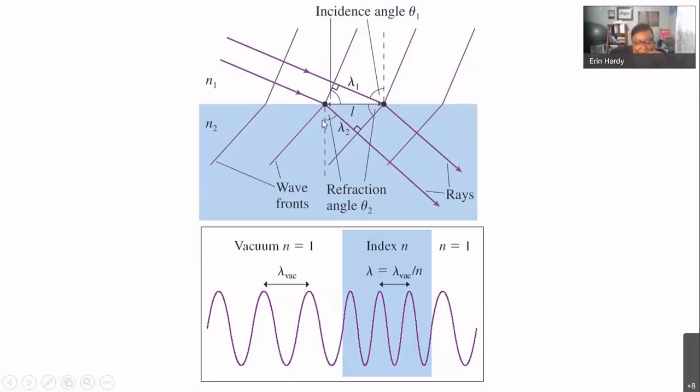The only way that you can make sense of how the speed is changing but the frequency is not, is to evaluate the wavelengths both before and after. So if we're assuming that both of these light rays are coming from the same source, this lambda 1 is going to be the same for the upper light ray and the lower one, but lambda 2 is going to be the affected one. So lambda 2 is the wavelength after the light ray has actually passed the boundary and